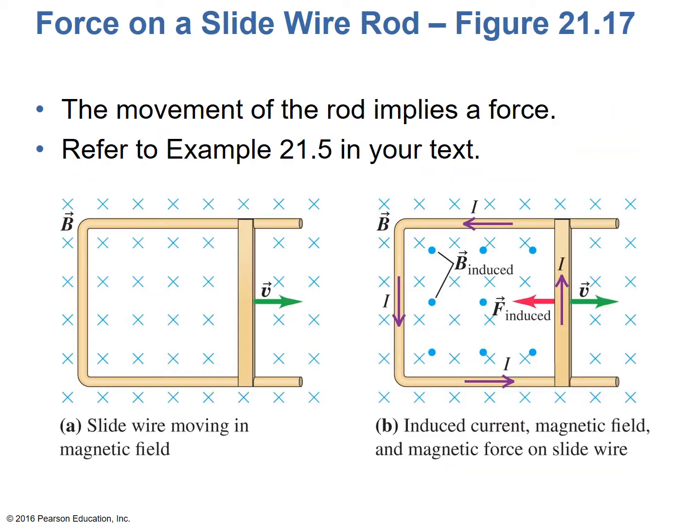Now, if you take this case that we've talked about before, where you have a U-shaped piece of wire and a bar across it, a conducting bar, and you move that bar to the right. Now here, you'll see we're moving the bar to the right, and the B field is downwards. So there's a flux in this area. Nature wants to keep that flux the same. So as this bar moves to the right, we can induce a current, according to Lenz's law, in that loop of wire,